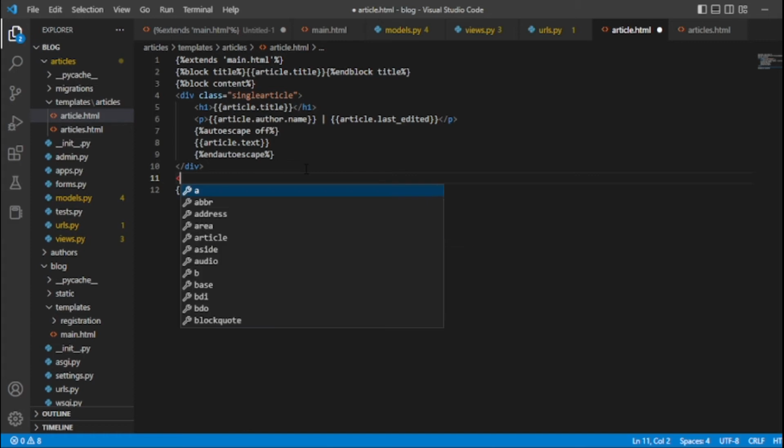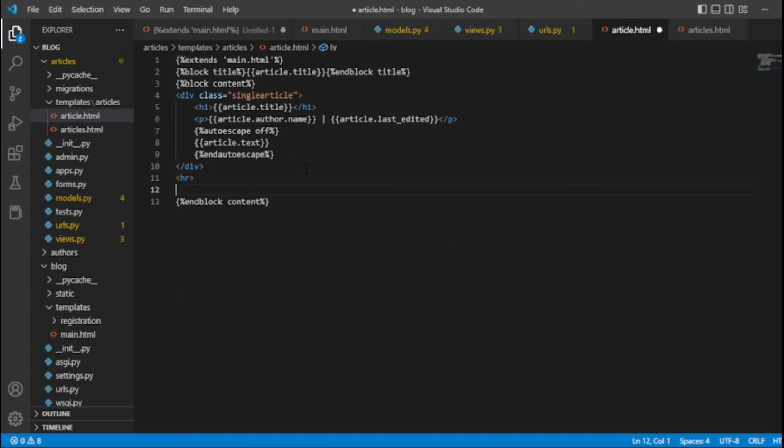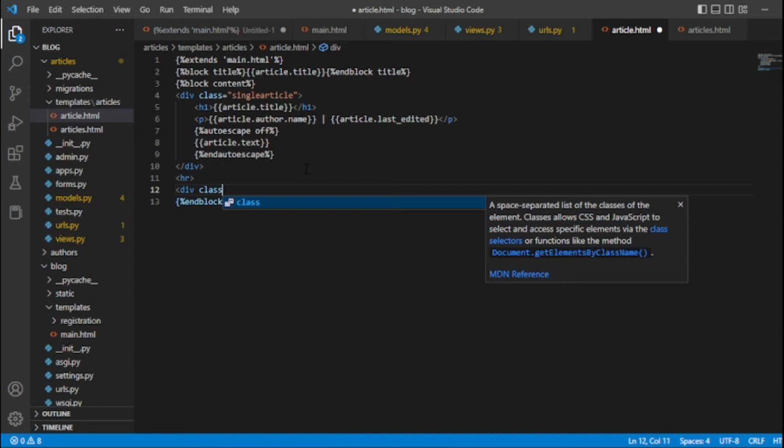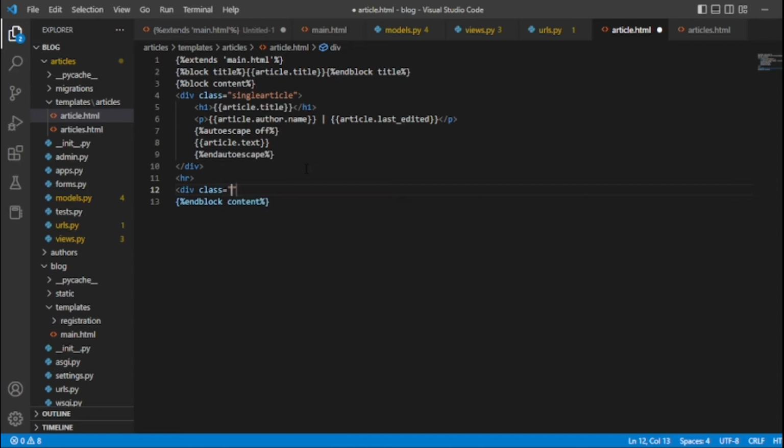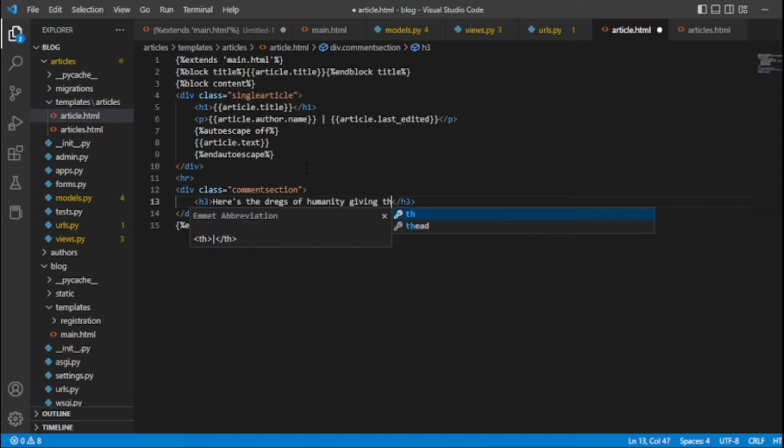Now we do the comment section. So horizontal line, and I must have been very tired and very angry when I wrote this out because, well, you'll see. Div class equals comment-section. We'll have a header h3, and here's what I've written in my notes. Here's the dregs of humanity giving their worthless opinions. Wow. Okay, so h3,